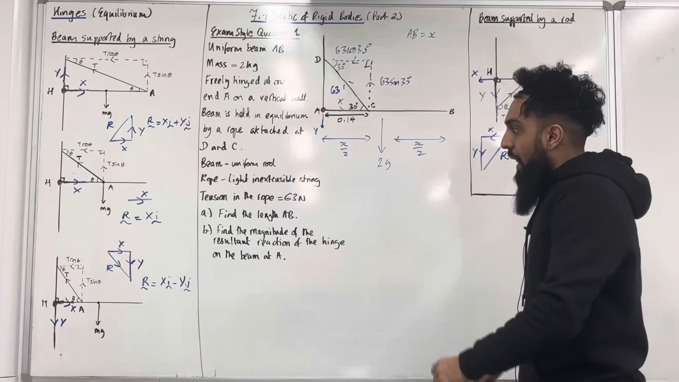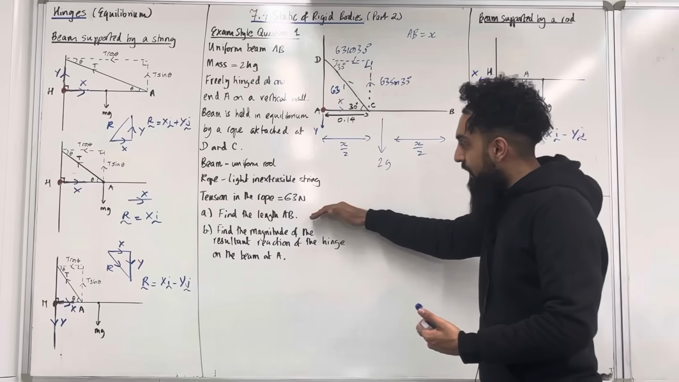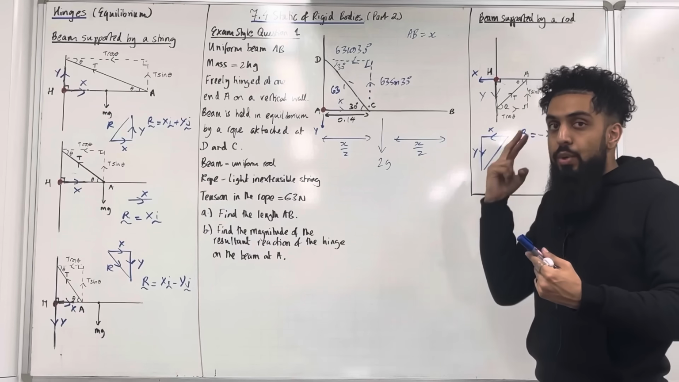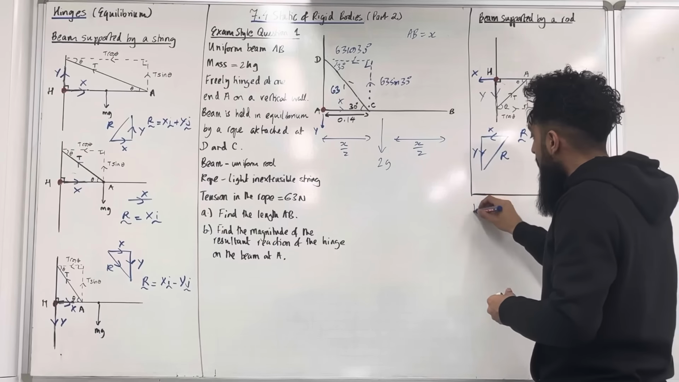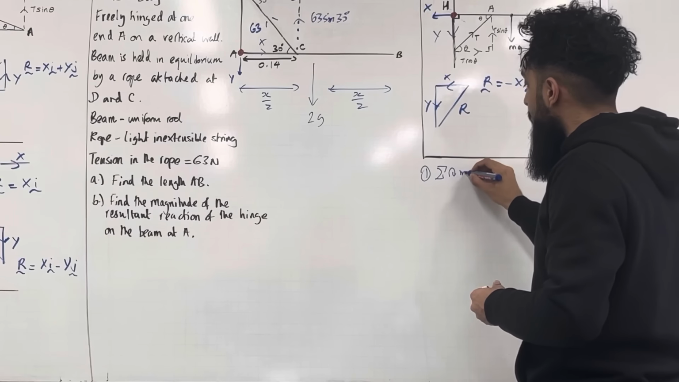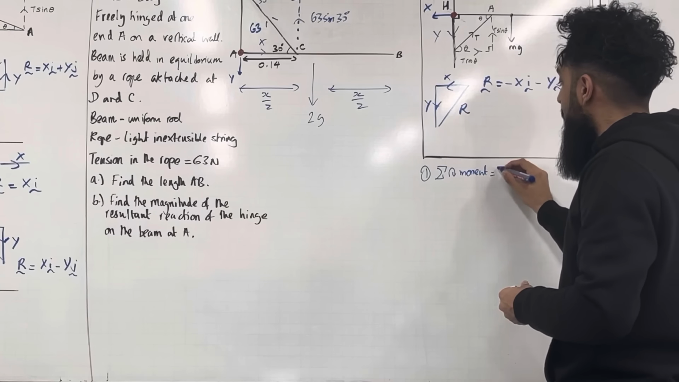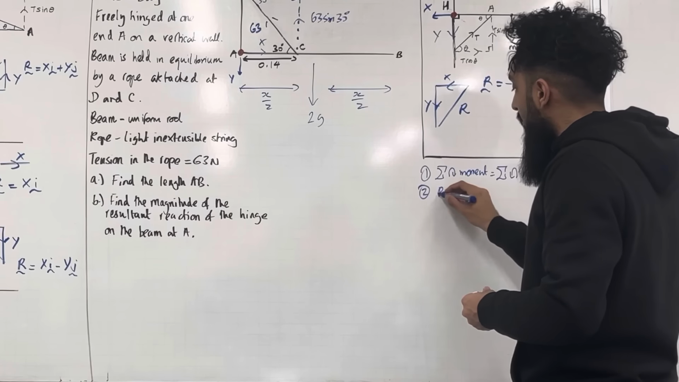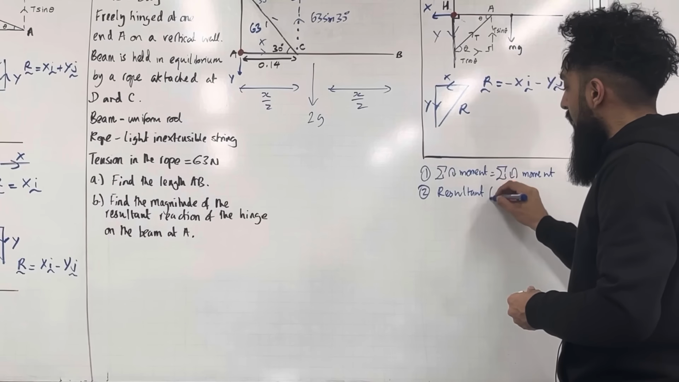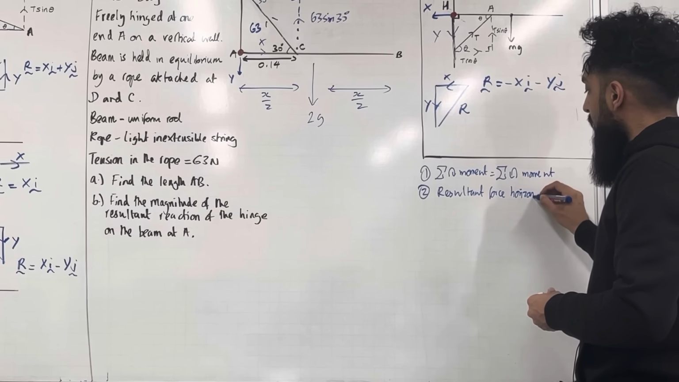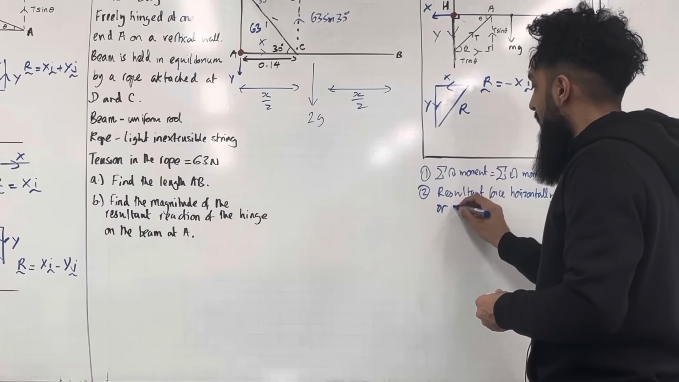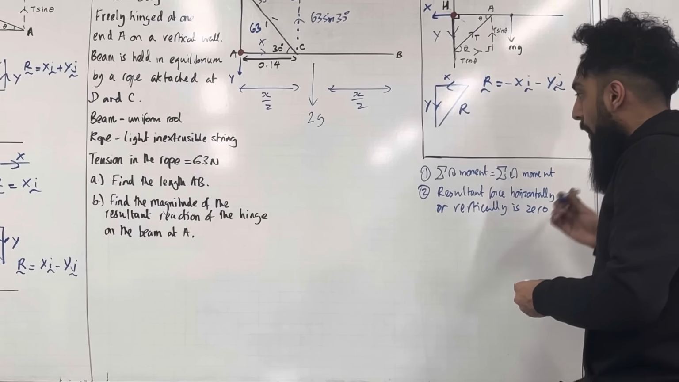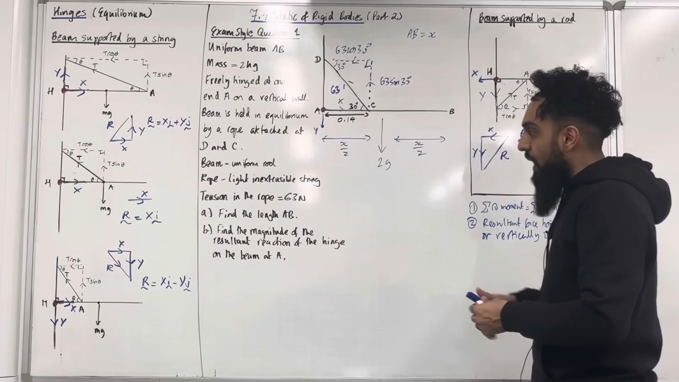Perfect. Right, now, how do I calculate the length AB? How do I work out X? Well, I know that if the uniform beam is in equilibrium, 2 conditions are satisfied. The first one is that the sum of clockwise moments is equal to the sum of anti-clockwise moments. Second condition, resultant force horizontally or vertically is 0. Now I'm going to use one of these 2 conditions in order to work out the length AB,